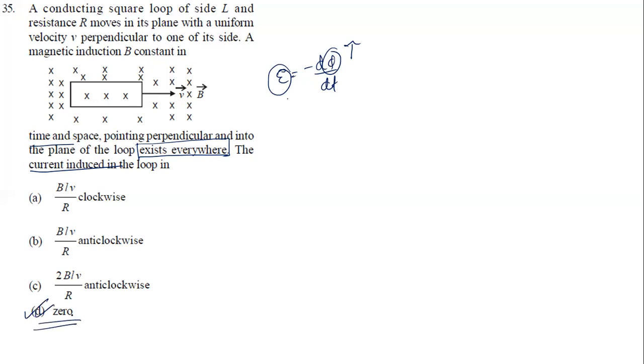Sir, when it is completely coming out of that magnetic field, of course there will be induced EMF. Okay, now it is here, and now it is coming down. Now the flux is changing, and the flux keeps on decreasing. As the flux keeps on decreasing, what will happen? As per Lenz's law, the flux needs to increase, so it is going to produce a magnetic field in this direction. So now current is going to be induced in this direction.